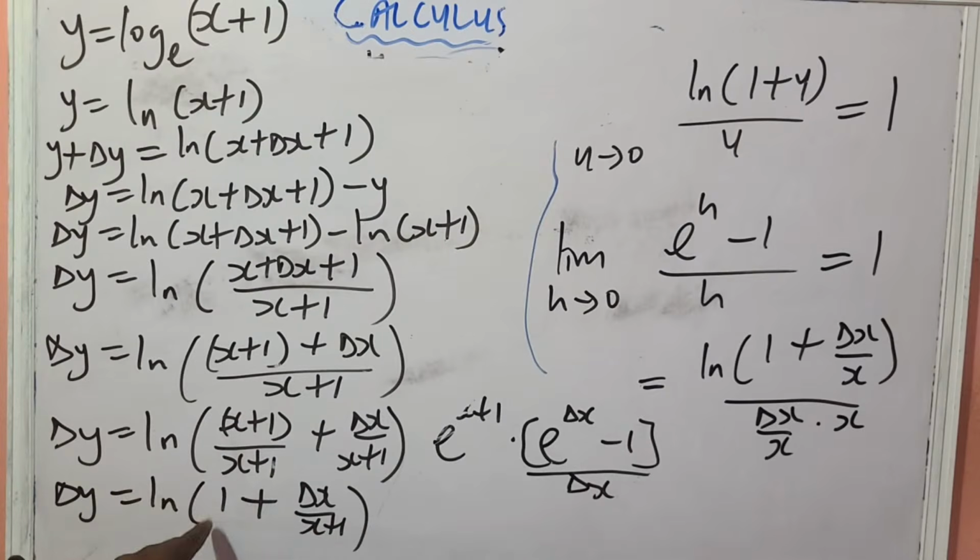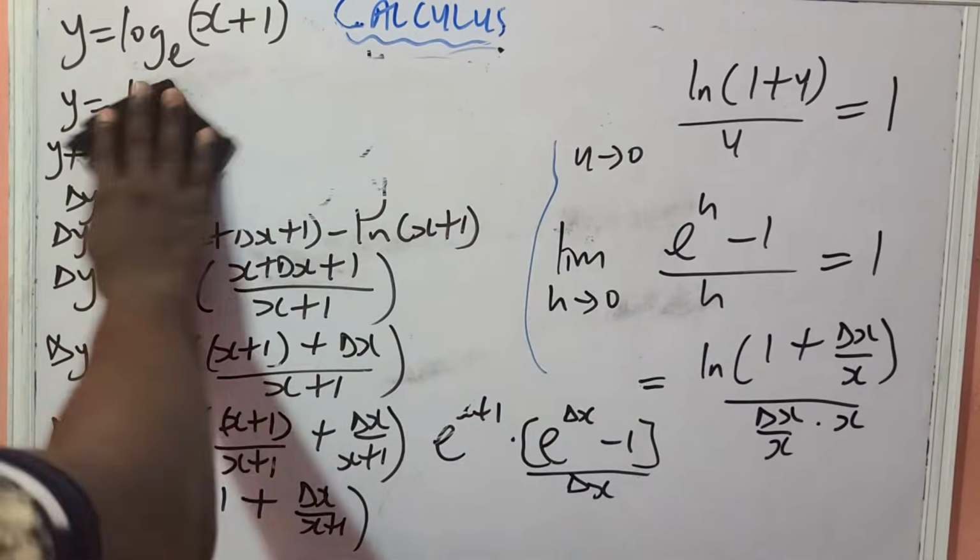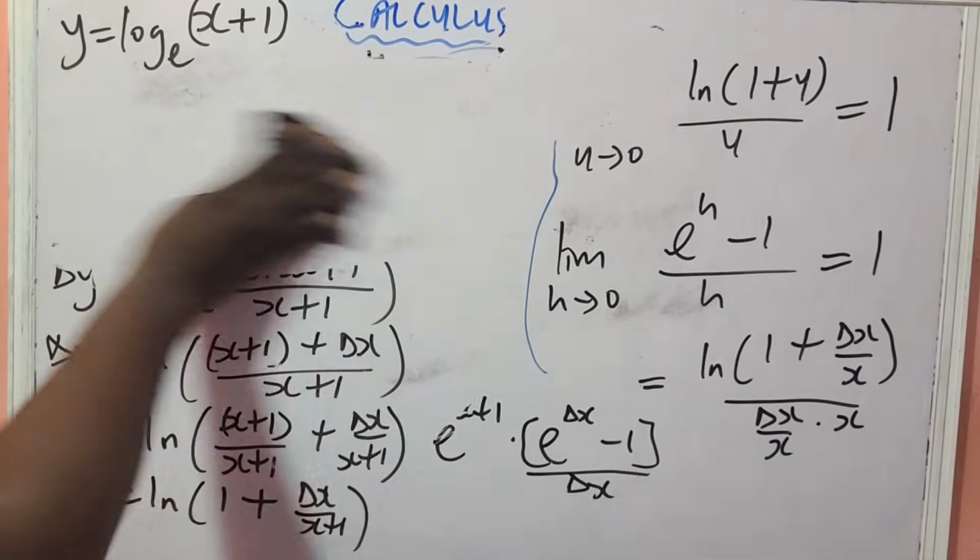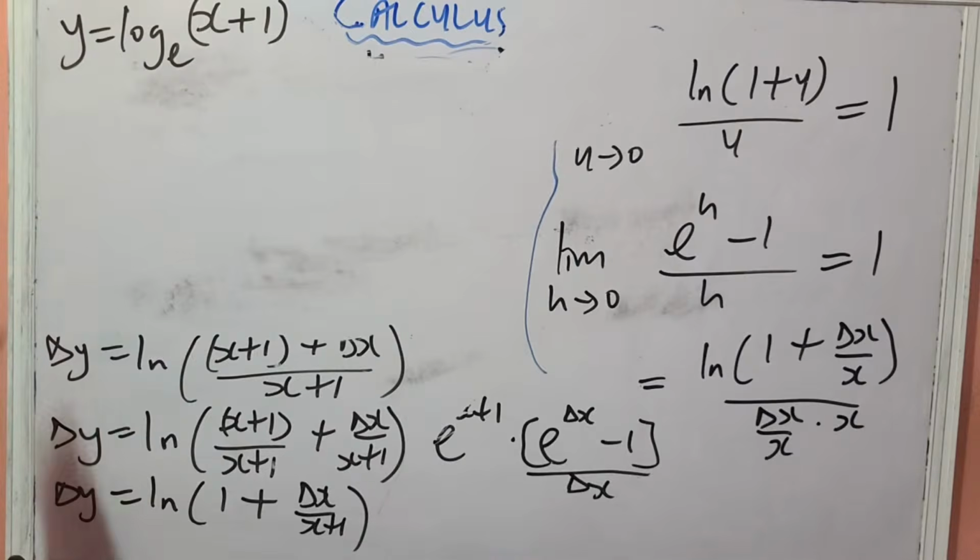Then this and this will go, and you will be left with 1. Then this is there. So that's where I'm still at. So if you look at what we are doing now, we have gotten to that place now. So we can go on now to step number 3, which is for us to divide